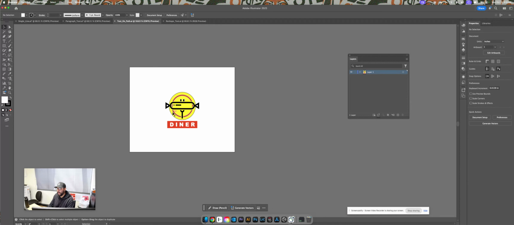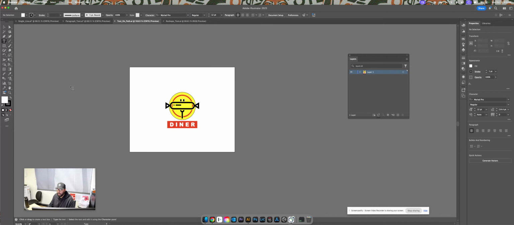This text on path. Okay. So what we're trying to do is draw or write text along the outside of this circle. So if we go T and then we hover and we hold down on our text tool, there's a type on path tool here. And then if we zoom in,